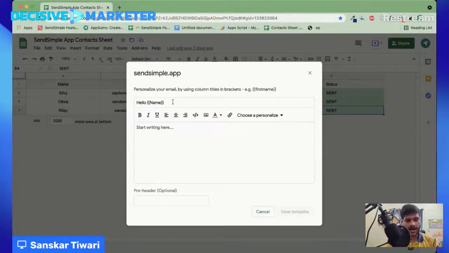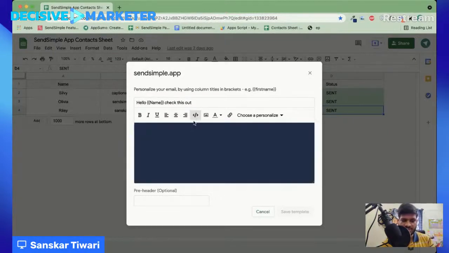respectively, it will happen. And we can write something more like hello, how are you, or whatever you are reaching out for. For example, maybe you have new content which you have released, so you can say check this out. So that is more on you. You can write as you want, and this is where you will write the email body. In the email body, of course, we have simple options like making text bold, italic, underline, arranging that here and there. We also have HTML options.